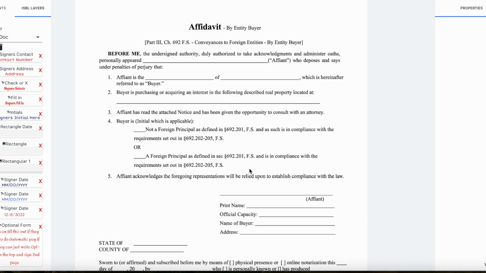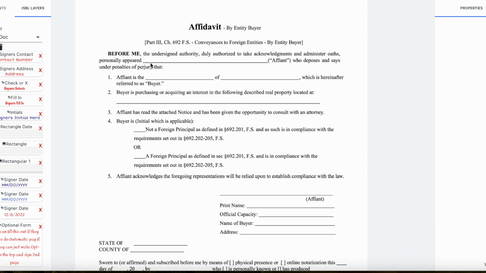But if someone's coming to you with the documents, a lot of times if it's an investment person buying homes, they may already have the docs. They printed them out and presented them before you, and then you realize, hey, you need 2 of these. You just let them know, and they'll print you out another one. But you want to make sure all the individuals who are purchasing this property are signing that affidavit, because they all have to sign it, whether it's an entity or an individual.